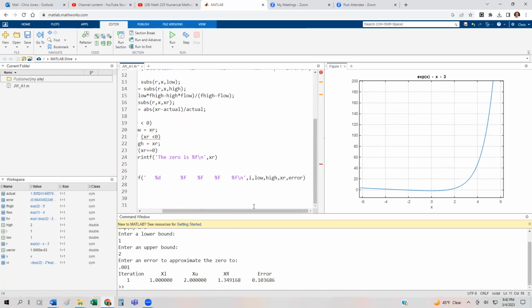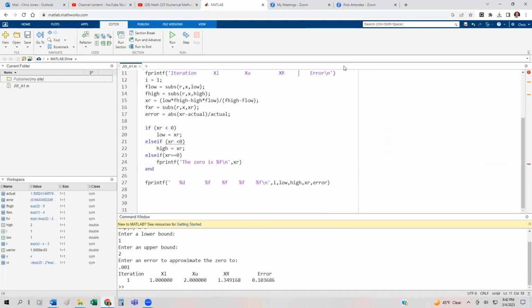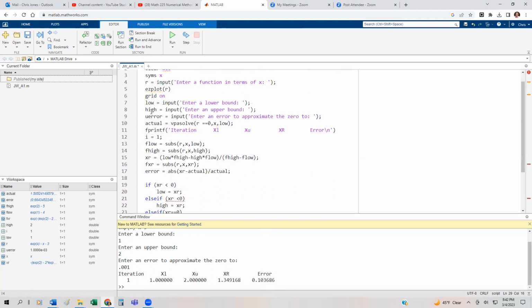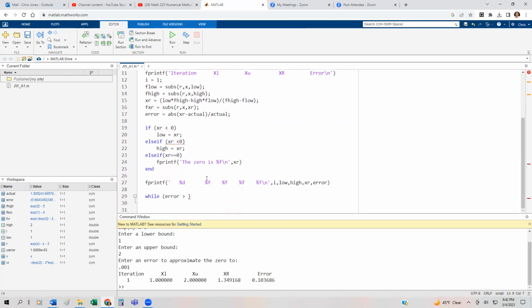That should look pretty good. All right. So now that I know that a numerical method is sound, because at least we get an error of 10%, what I'm going to do is I'm just going to make a while loop. And I'm going to say while our error is greater than, and remember we had the user error. All right, so this user error that was put in here. So while the actual error is,